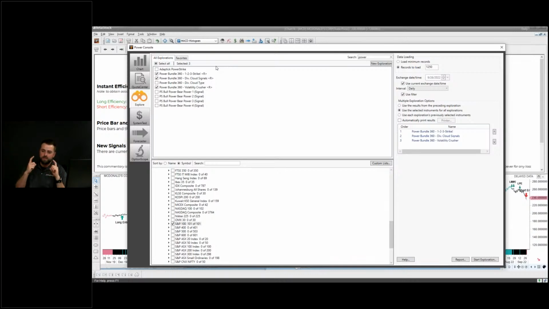And now you maybe want to take whatever had a bullish indicator and have your second exploration only run against those 100. You can do that over here by selecting use the results from the preceding exploration. But what I'm actually doing over here is I'm just going to turn off this filter because I had it filtering them, meaning